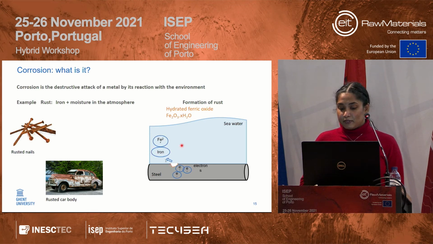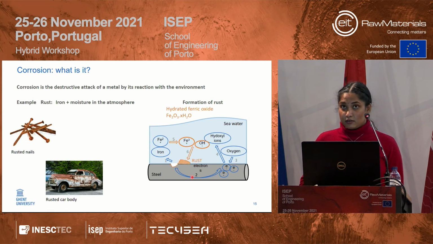Whenever they come into contact, there is an equilibrium that's being established. So you have iron, and the iron atoms are ionized, and we have the electrons here. Because of the difference, they move to the other position. And then here, oxygen reacts with these electrons, forming hydroxyl ions. And these hydroxyl ions then react with the Fe3+ ions that are formed, finally giving rise to rust. So this is an electrochemical process that is happening here.